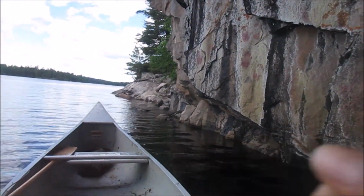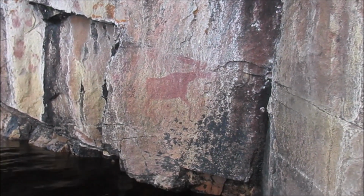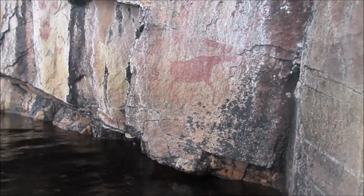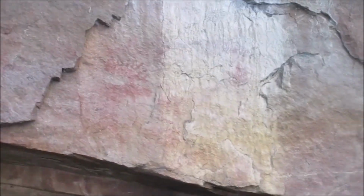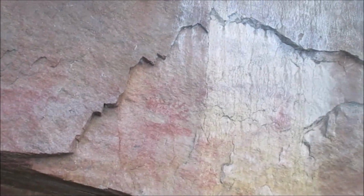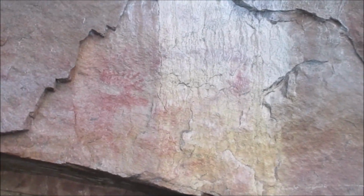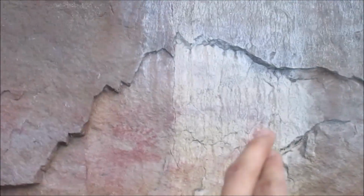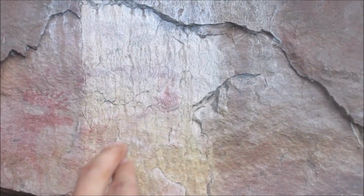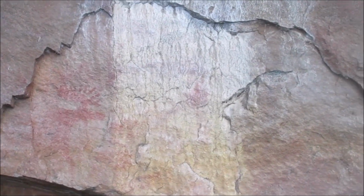Let's see if there's more down that way a little bit. But that one's really nice. Super well preserved. Probably the best one that I've seen so far. Okay. See another moose right there. The old antlers. It's not as well preserved. Looks like the body has faded, but you can still see the head. You can still see the antlers. There's also a faded handprint there too. That's pretty cool. I'm sure there was more, but